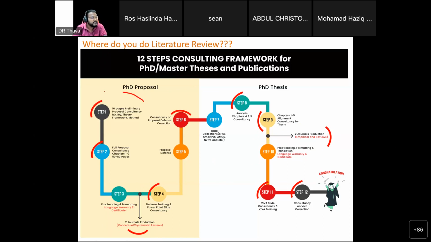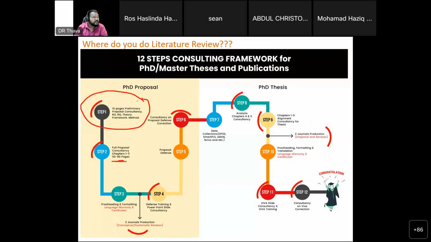So, step number 1, always produce a 10 page proposal. Always. Don't do chapters 1 to 3 directly. Because if your supervisor doesn't agree, you end up having to scrap the whole thing, and chapters 1 to 3 are usually around 50 to 80 pages. You don't want that to happen.